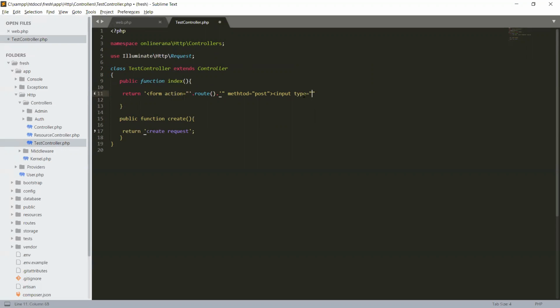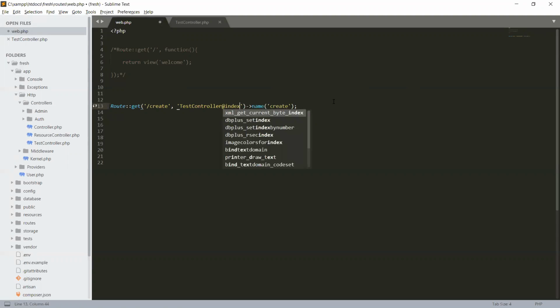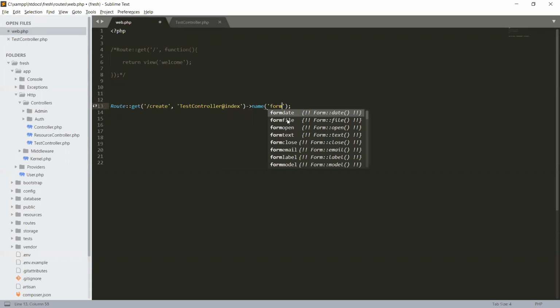Input type is equal to text, and name is equal to email, and input type is equal to submit, and close our form. So let's get this route also from our resource controller, and create test controller and index method with name form dot index,